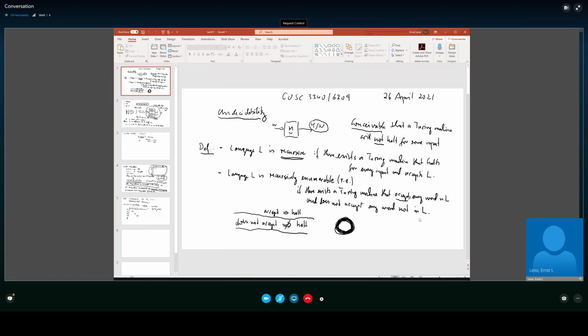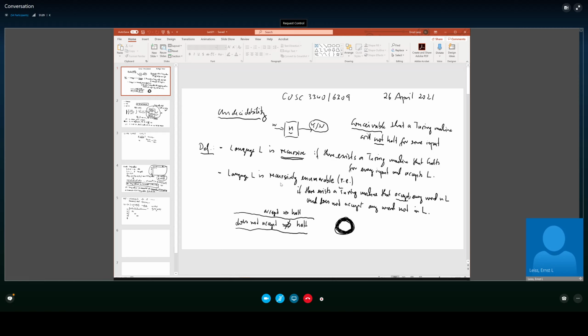Okay? It basically says if the word is not in the language, the word is not going to be accepted. But it doesn't say that that Turing machine is going to halt. It will have to halt if the word is in the language, because when it accepts, it halts. But if there's a word not in the language, then there is no statement made about whether the Turing machine halts. And so in this particular case, we can